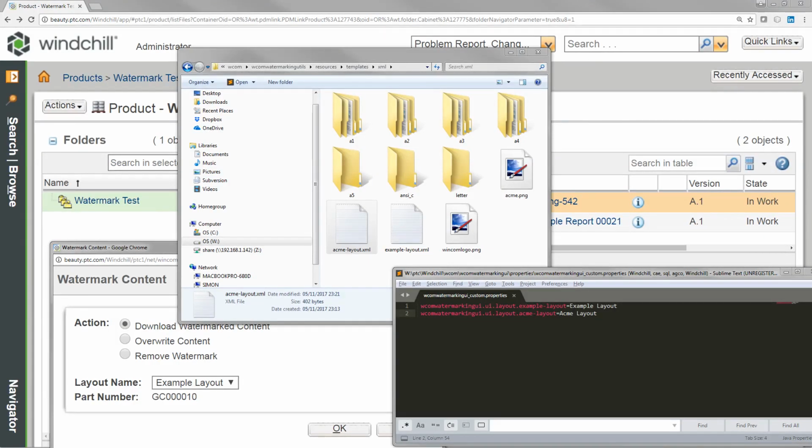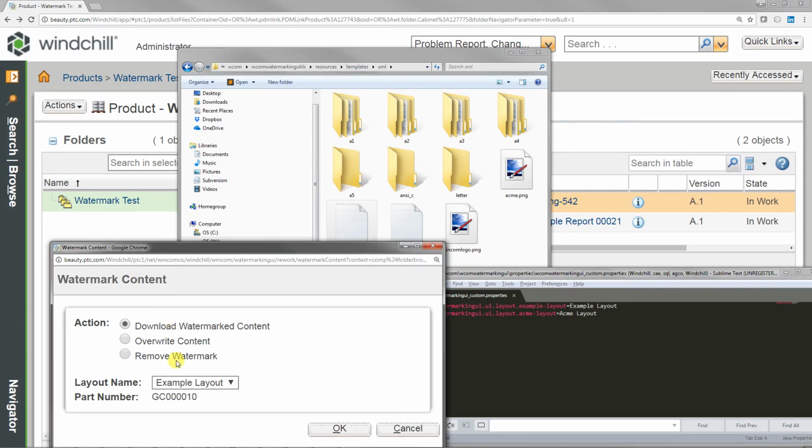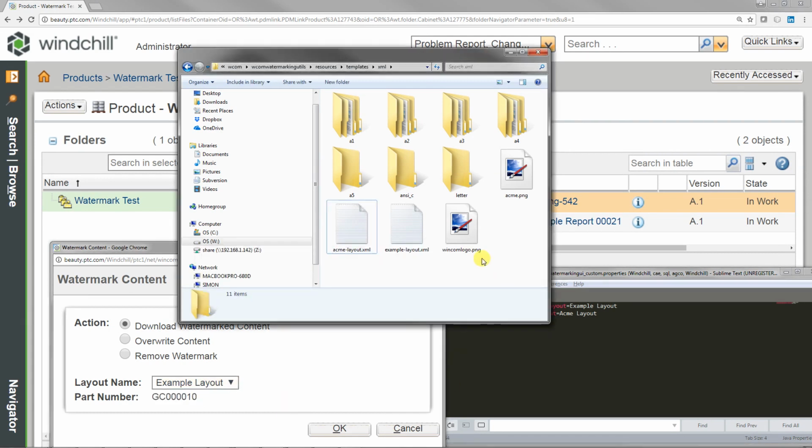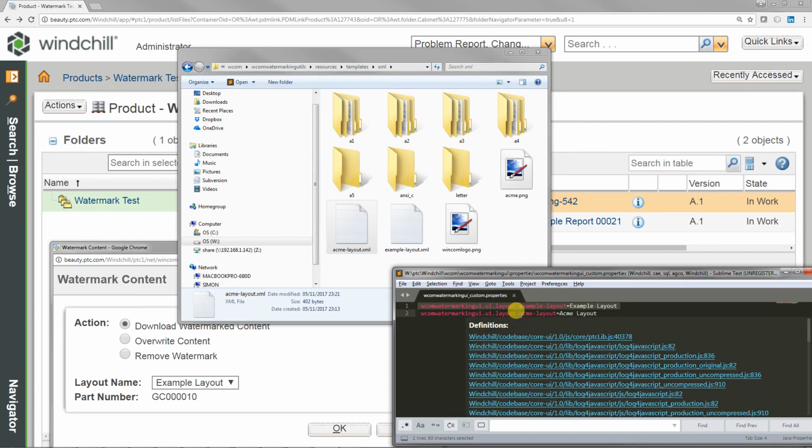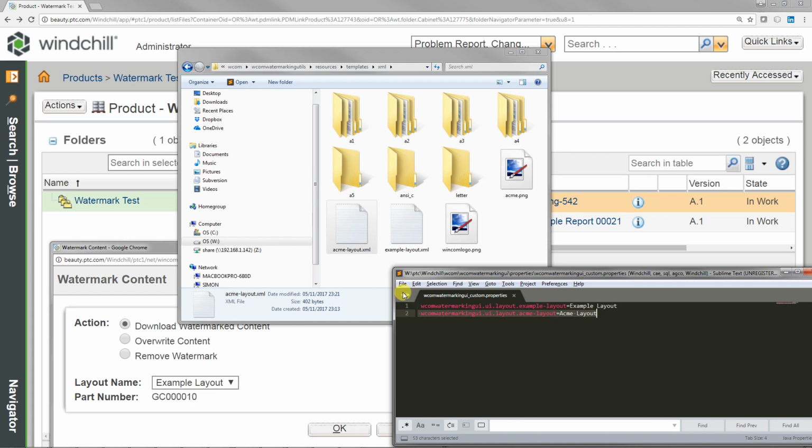Using these new layouts in the user interface. If you remember, we had this interface here, and this interface just had one simple example layout here. We've now learned how to configure new layouts in the XML, so we've configured our new Acme layout, and all we need to do to make it appear in the user interface is to add it to the properties file. So here you can see our original layout one, and here's going to be our new Acme one. And once we've saved this file,